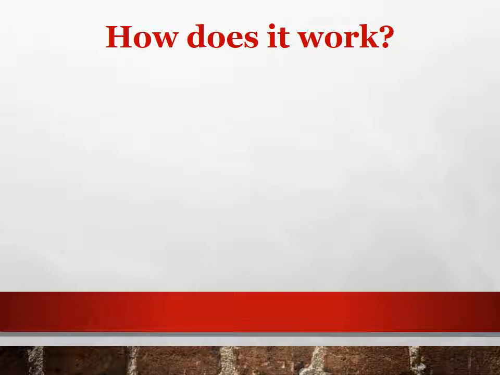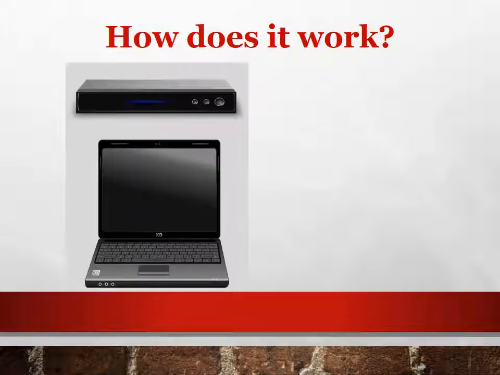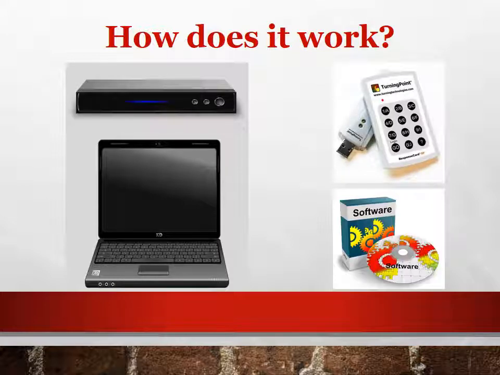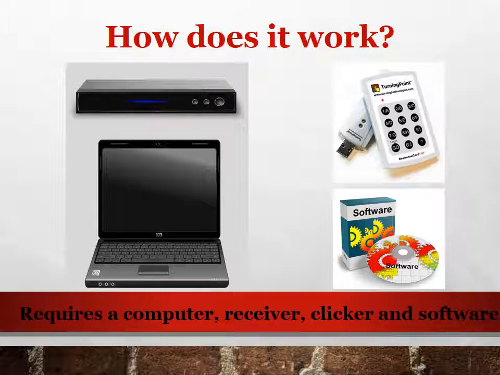While features may vary from system to system, each system is basically composed of 3 main parts: the receiver, which attaches to the instructor's computer, the clickers, and the accompanying software program, which is loaded on the instructor's computer. It's as easy as 1, 2, 3. Let me show you how easy it really is. But first,